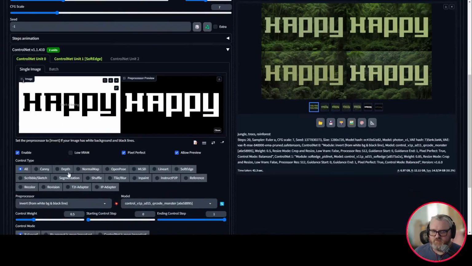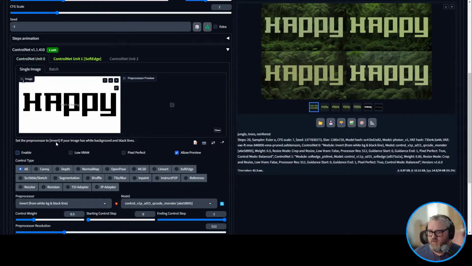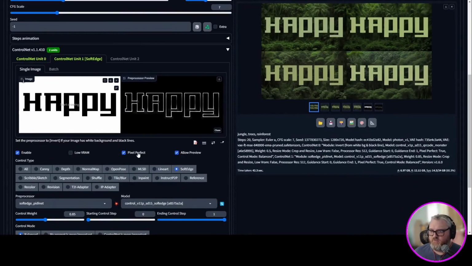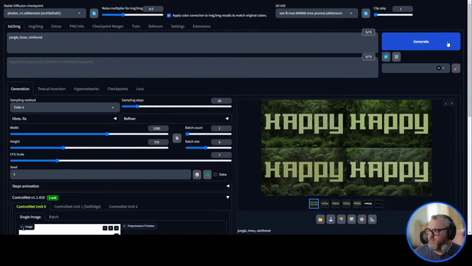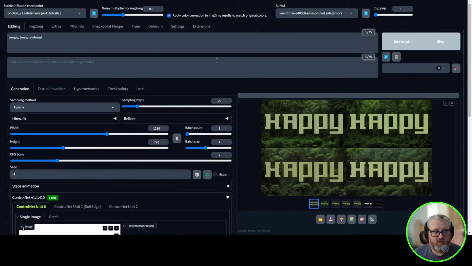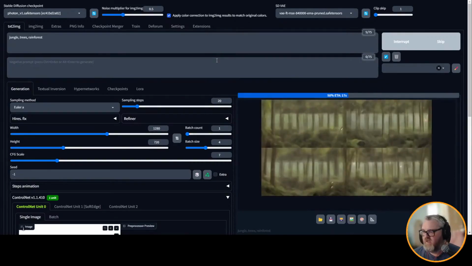Okay, we're getting way too much control on the ControlNet here. I'm going to turn the first one on, turn soft edge off, and go right back to just regular QRCode ControlNet and see where we get. This one should be more like the trees are just growing around the word happy. There we go. So forget soft edge, or just use it at like 10% to get the edges. Seems like it was taking over the entire stack for some reason.